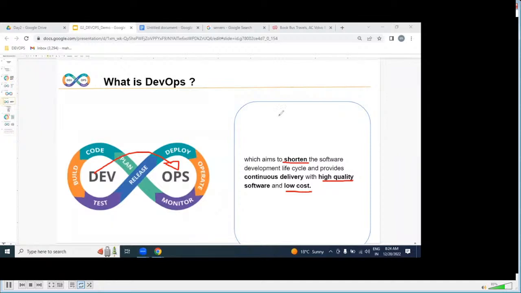So let me repeat this point. What is DevOps? DevOps is an automated process to shorten software delivery into the production environment, with high quality and low cost. We place our applications on hundreds of servers in an automated, transparent way. That is DevOps. But actually, what are the roles and responsibilities? Once you step into the company, what is the first priority goal? What is the major first goal?